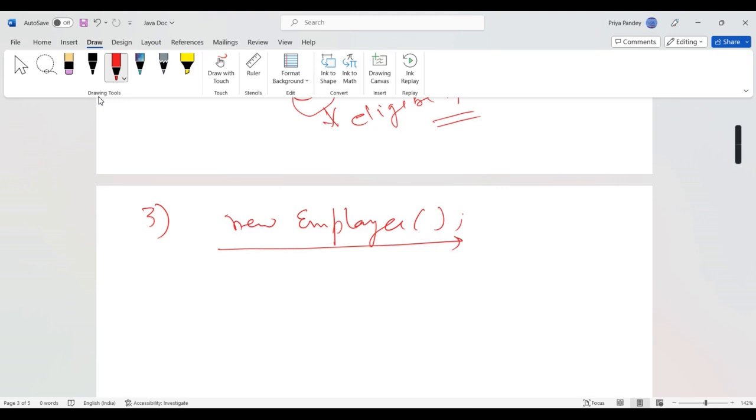Garbage collector is a part of which? JVM itself. So JVM collects only those objects that are created by the new keyword. See, these new keywords, right? So if you have created any object